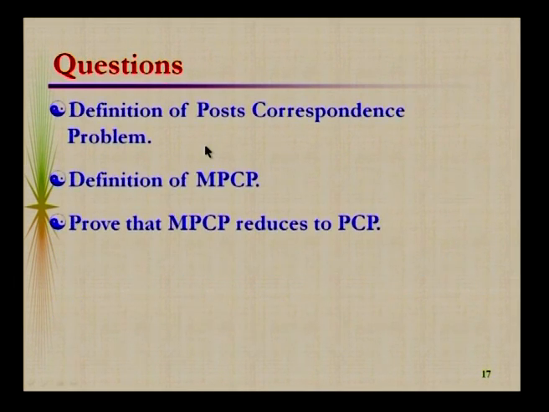As far as the question component is concerned, you may be asked to prove that the MPCP reduces to PCP, and what is the meaning of a PCP instance. You may even be asked to find out the solution for a PCP instance, which means that there will be two lists given for you, and you may be asked to find out what is going to be the solution for this problem, or whether there exists a solution available for that or not. So, if there exists a solution, we can find that. If there is no solution, we can always guarantee only a partial solution.